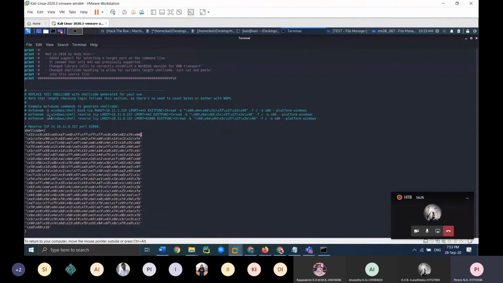We will be using a tool called MSFvenom, which is part of Metasploit, and it's going to be a reverse TCP. I can't explain everything now, so go and find out what a reverse shell and a bind shell are. A reverse shell is where they make a connection to you. A bind shell is you making a connection to them. So we will be opening a port, and then we will be connecting to them. LHOST is who we are, and we will be asking them to connect to us.